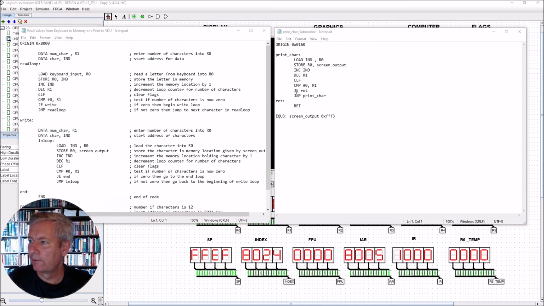Now, if the jump if equal isn't true, then it jumps back to the beginning of the print character subroutine, and it will continue all the way through, counting down until eventually it's done all of the characters and it's printed all of the characters. Now, one other thing to note here as well, or two things to note, we're going to have the screen output, so it needs an address for the screen output. So the screen output is given here at this EQU3, so it gives us the screen output as